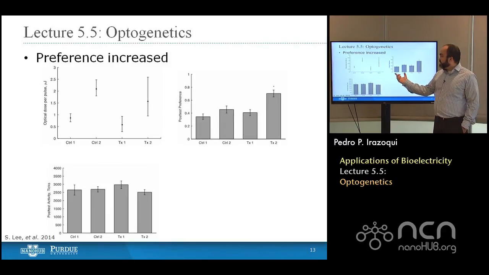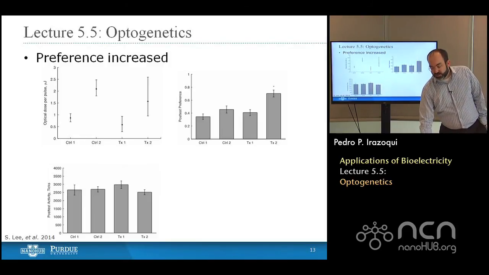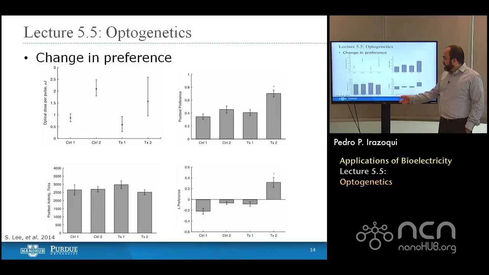And what you find is that in the control animals, there's really very little change. They spend most of their time in the dark region. In the lower amplitude stimulation group, there's very little change as well. But in the higher amplitude, you now have a statistically significant change. It's easier to see this data if you plot it just as a delta, as a change in overall. And what you have is the change in preference from pre to post is that the unstimulated animals continue to prefer the dark region of the cage.